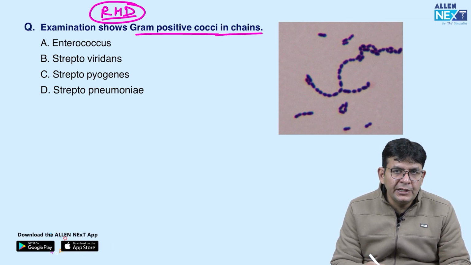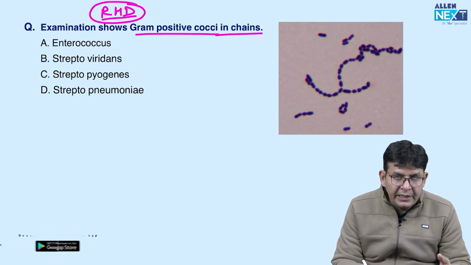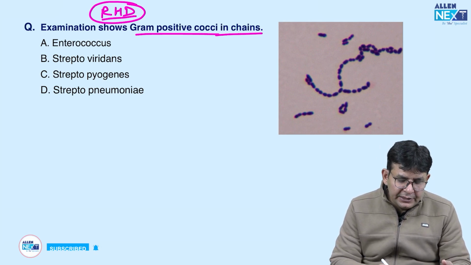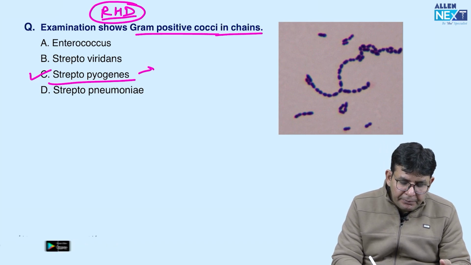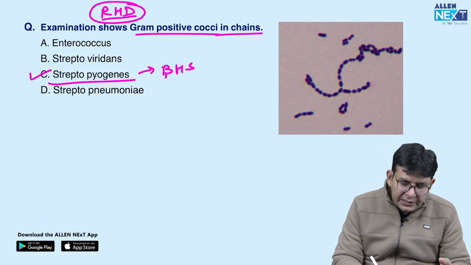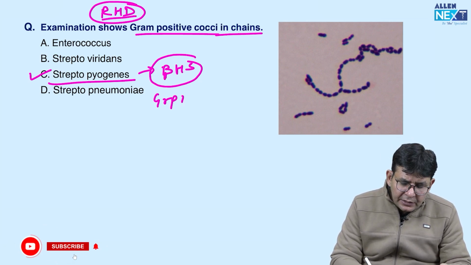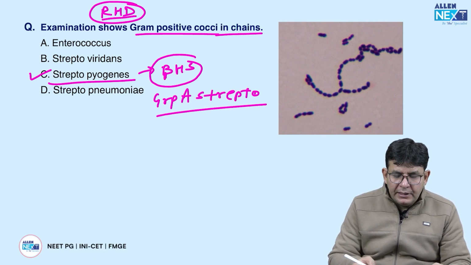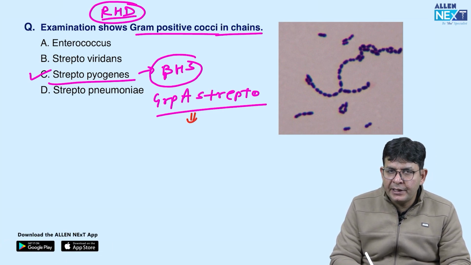So the real version I really don't know, but if it is that way and the gram-positive cocci in chains was asked and they have given up, so you already know that Streptococcus pyogenes is the main culprit which does it. It's a beta hemolytic strepto, and it is also termed as group A strepto. And as we have done in our app, this particular Streptococcus pyogenes which we are talking about,